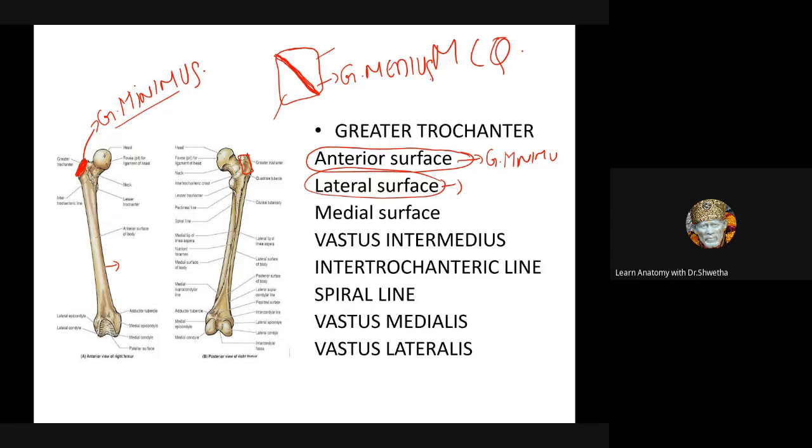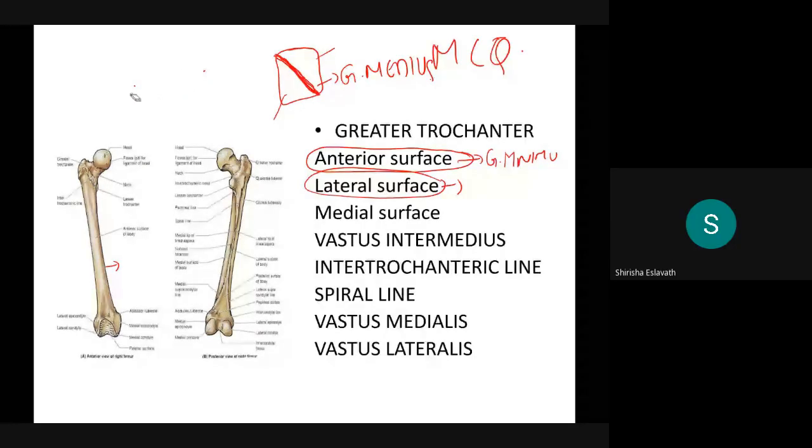Now to the medial surface, nothing. Do you remember last time we discussed the trochanteric anastomosis? This is the medial surface, where the trochanteric fossa is. There is no MCQ question on that, so nothing to worry. Now, students, gluteus maximus was attached to where? Gluteal tuberosity. And to the gluteal tuberosity? Tensor fasciae latae. Yeah, excellent. Now, one more MCQ question.